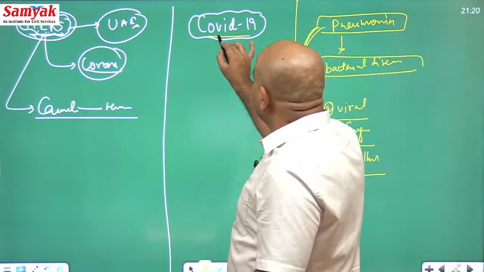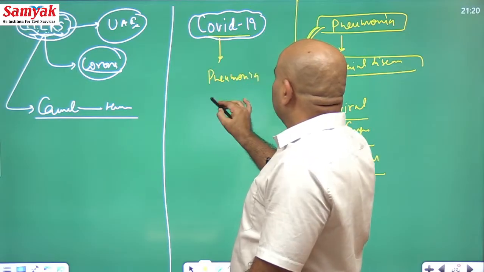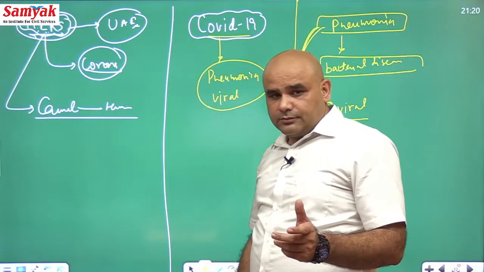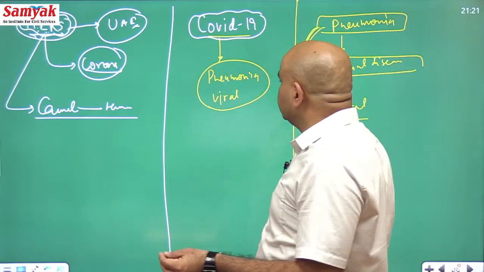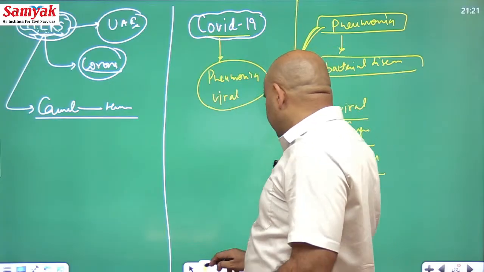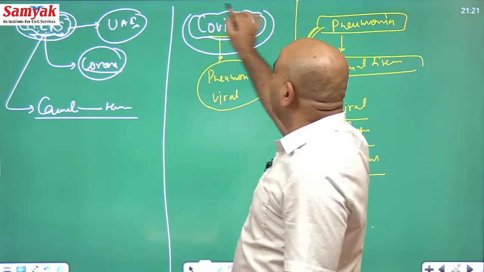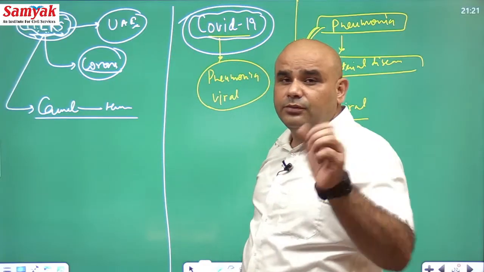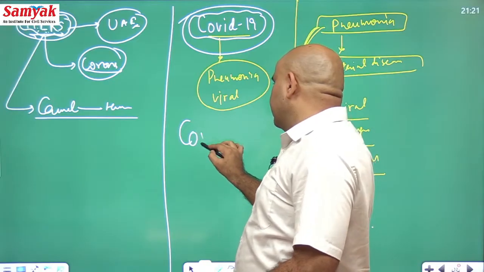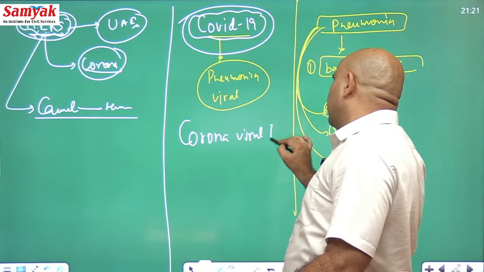So COVID-19 was a pneumonia, but it was caused by a virus. So it was viral pneumonia. It was reported by doctors in China, in Wuhan city, that there is a new type of virus. And the doctor who reported it, he himself died. And all the people who were in contact with that doctor died within a few days. So they diagnosed that this is a coronavirus. So they named this coronaviral disease